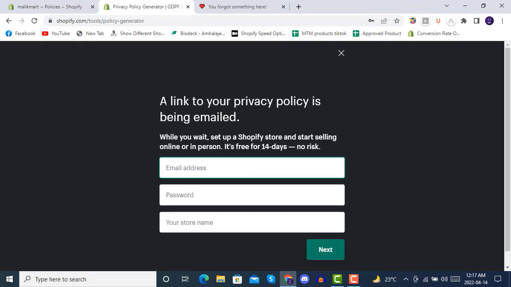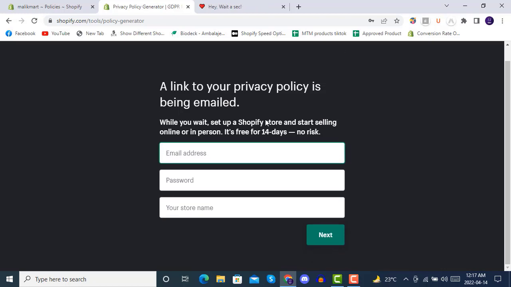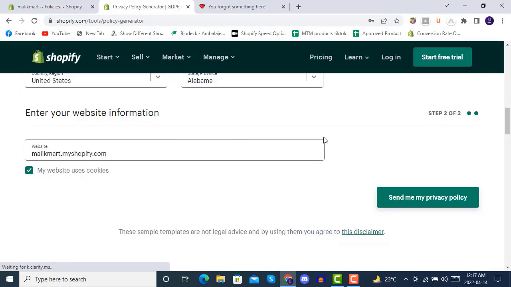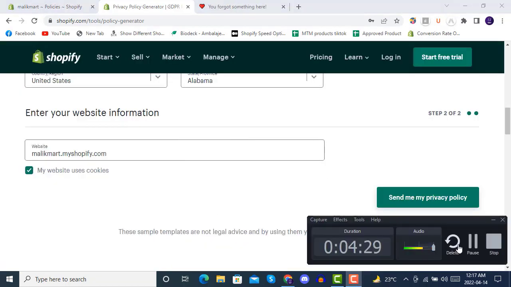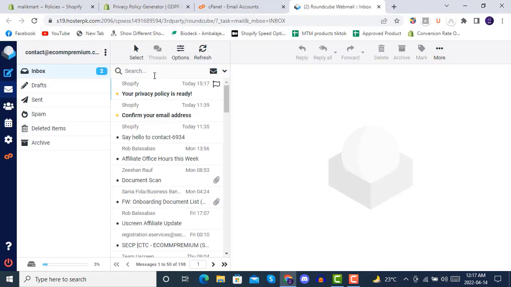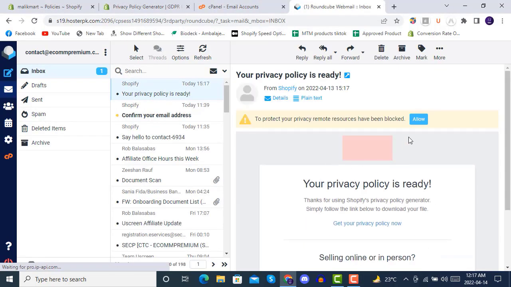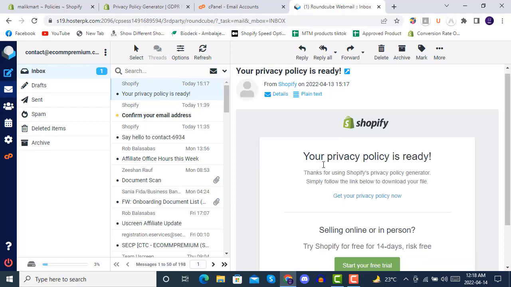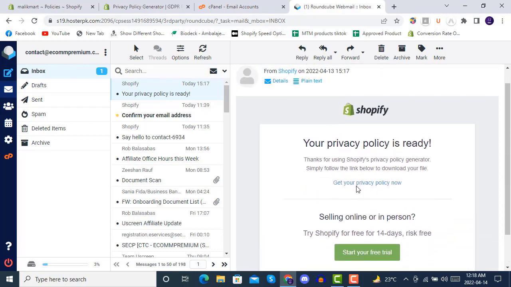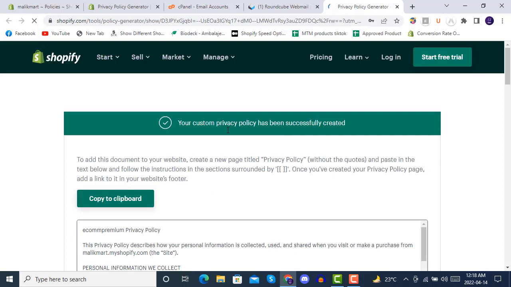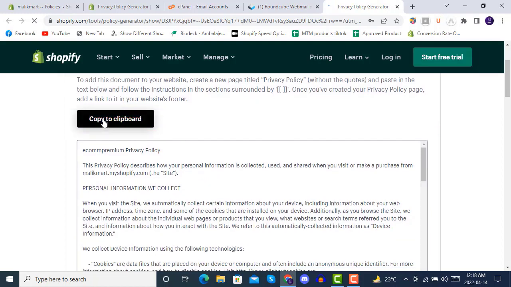it will say that a link to your privacy policy is being emailed. So we'll close this one and we'll check our email. Okay, once you open your email, you will find that privacy policy page here in your email. You can click on get your privacy policy now, and it will be showing like this: your custom privacy policy has been successfully created, and just click